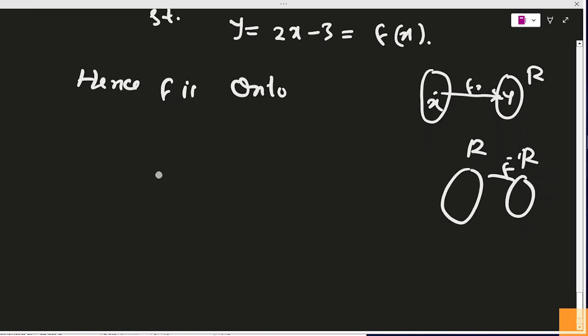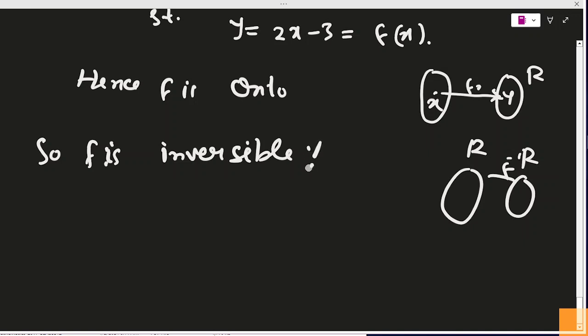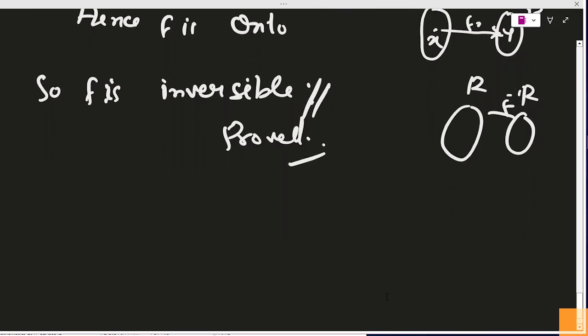ये 1 1 को कहते हैं इंजेक्टिव, onto को कहते हैं सर्जेक्टिव। अगर 1 1 onto दोनों होते हैं तो उसको कहते हैं बाइजेक्टिव। हेंस f is onto, so f is inversible, proved. ये प्रूफ करना था कि f is inversible, प्रूफ करके दिखा दिया। Now find f inverse, फाइंड करना है।